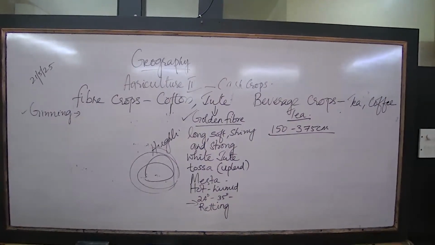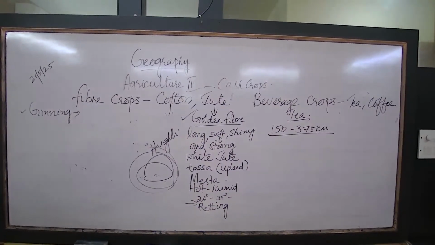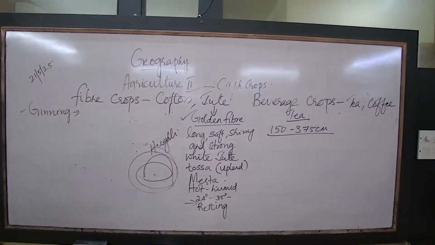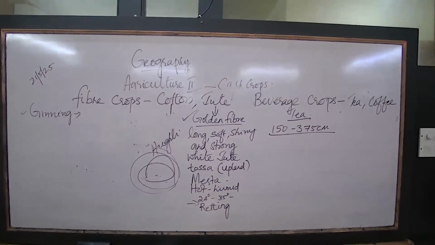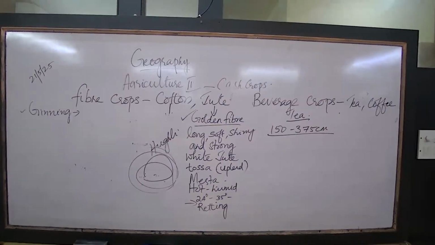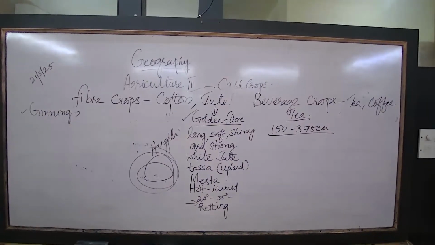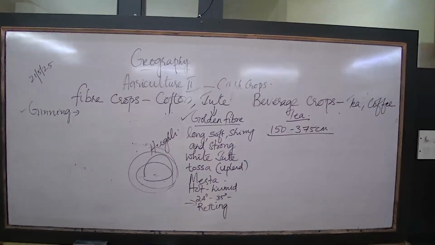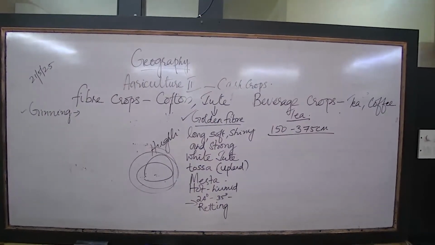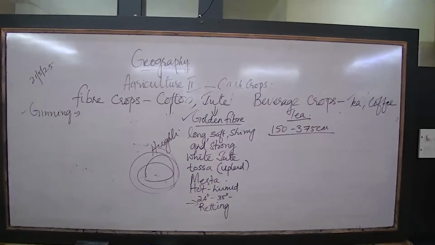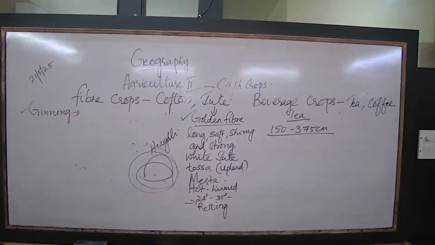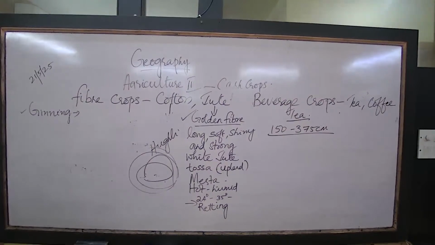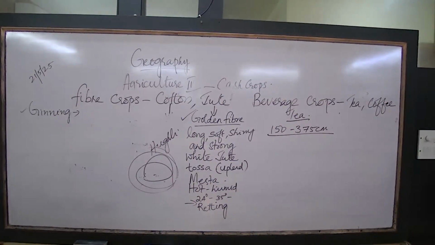Next, processing of green tea. In the preparation of green tea, leaves are heated immediately by roasting them over hot iron pans and are later rolled. So for green tea preparation, it is not dried outside. The picked leaves are heated immediately by roasting them on hot iron pans and later rolled. So instead of drying it in the sunlight, they do it immediately by heating it up and rolling.